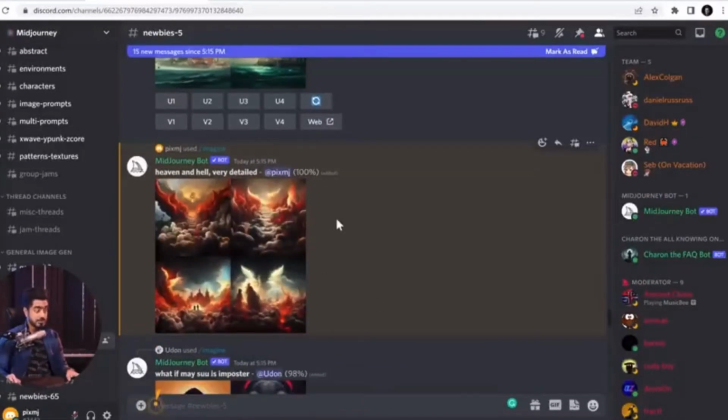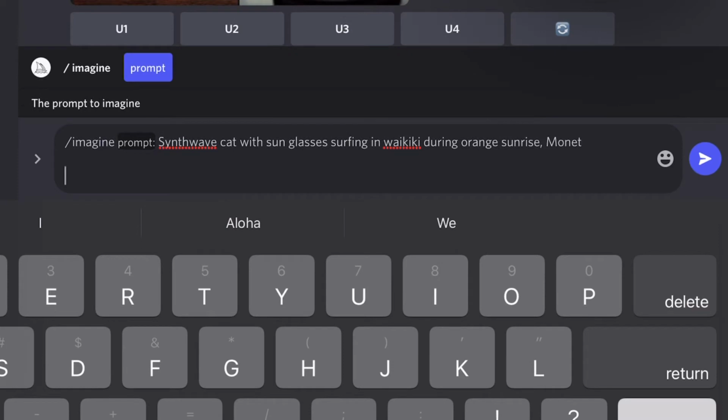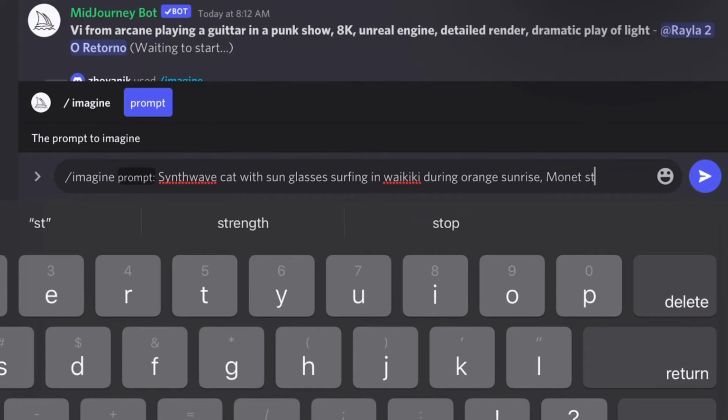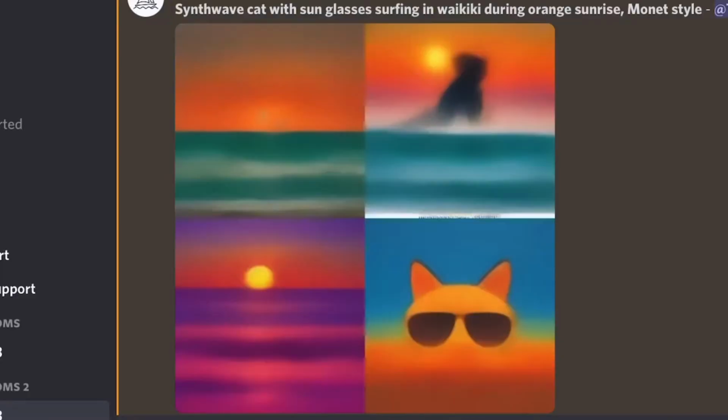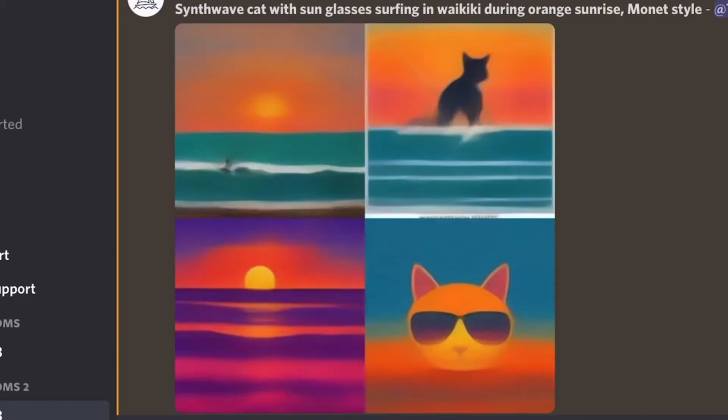Now it's 100%. Now the second one, and you want to see more variations of that, more versions of that. So you click on V2. It will generate 4 more versions of just this second one. There you go. Our image is done. We might have to scroll down